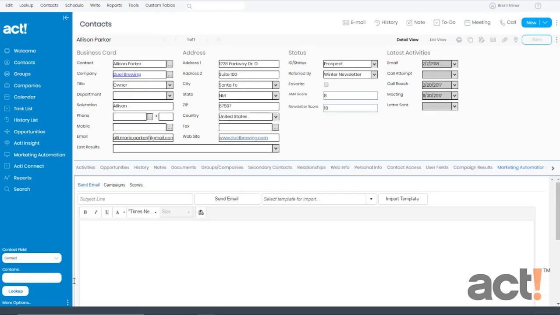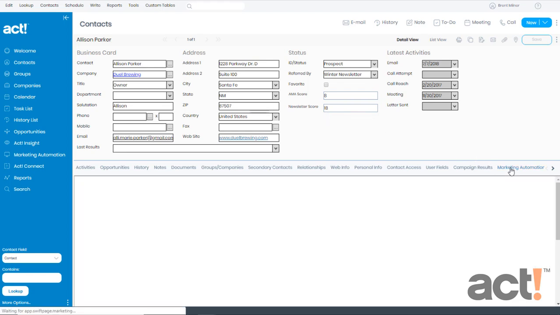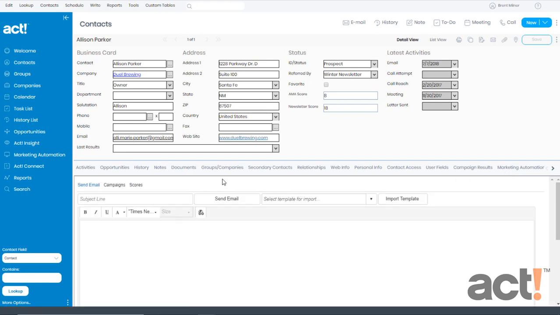The first thing that I notice when I look at the detail view of Allison's contact record is there's a change to this custom field that I created. My newsletter scoring profile is now showing the score for Allison in this field. But standard Act users can get a breakdown of this score too. Down below, we can go to the Marketing Automation tab, and on this screen, we see 3 options: Send Email,